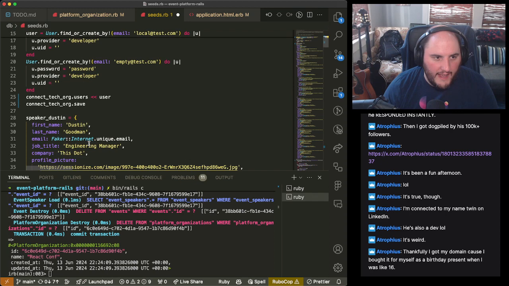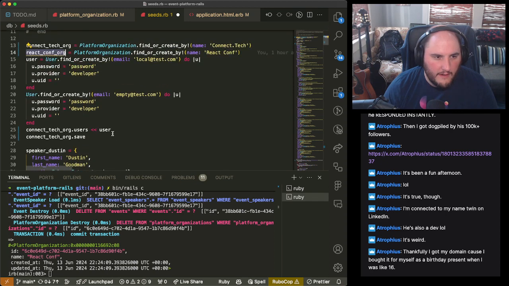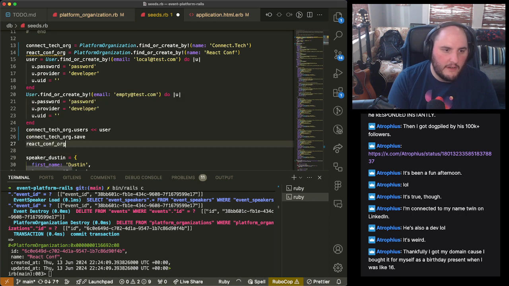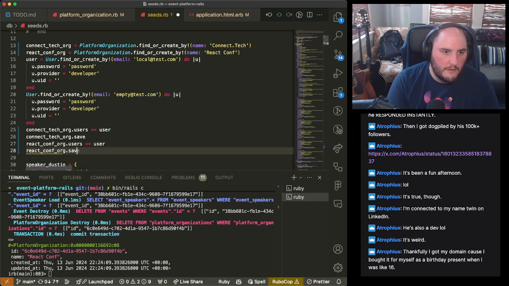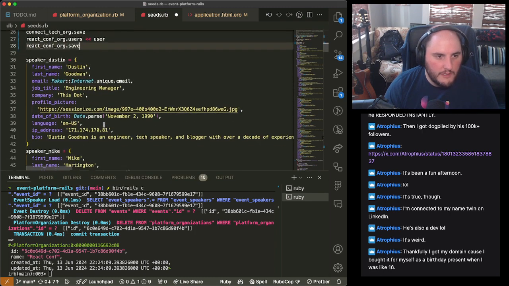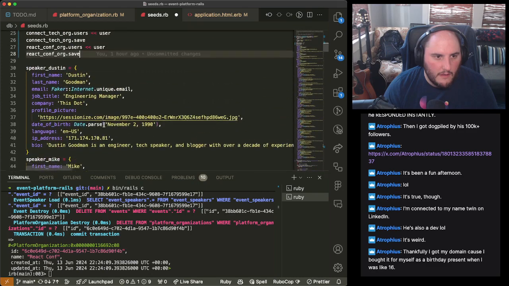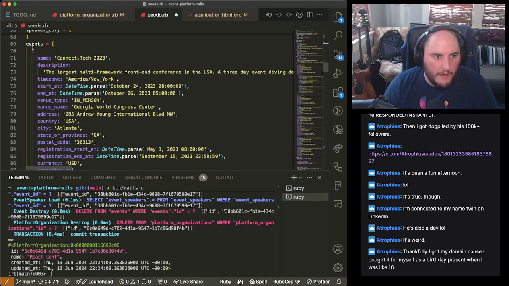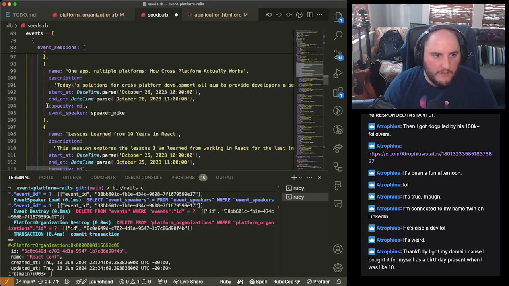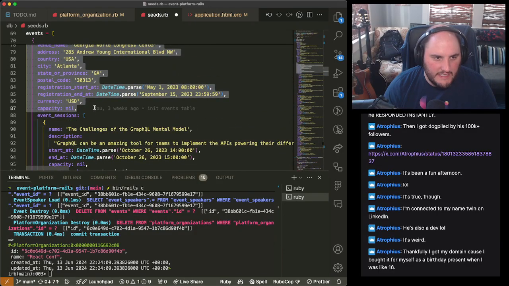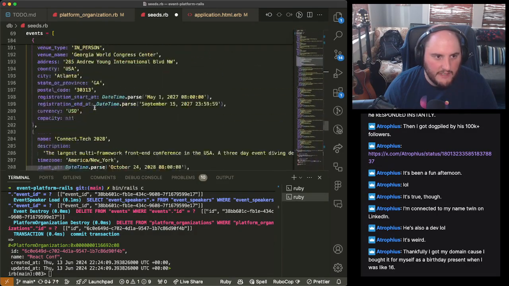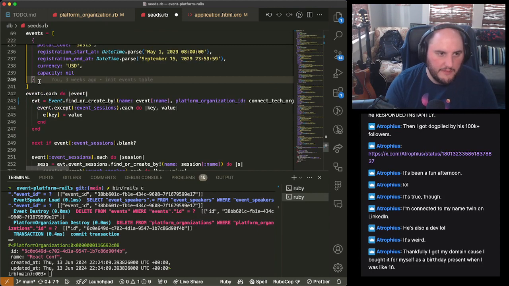We will add our user to both. And we will also give it one event, but it doesn't need any sessions because we're going to decide it doesn't have any sessions for now because that'll be fun for us.